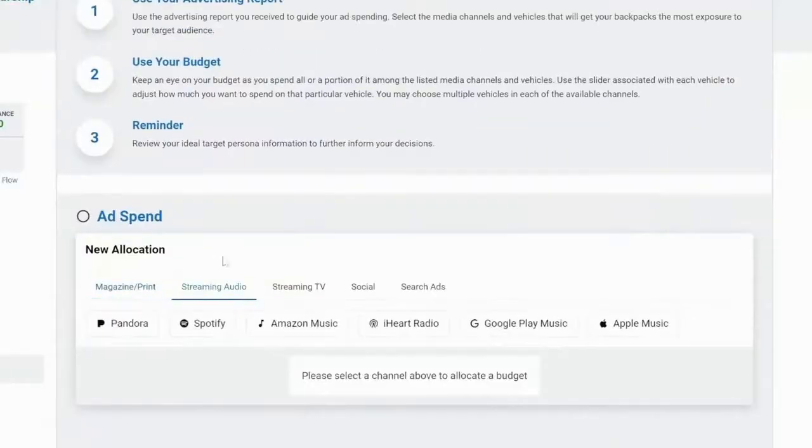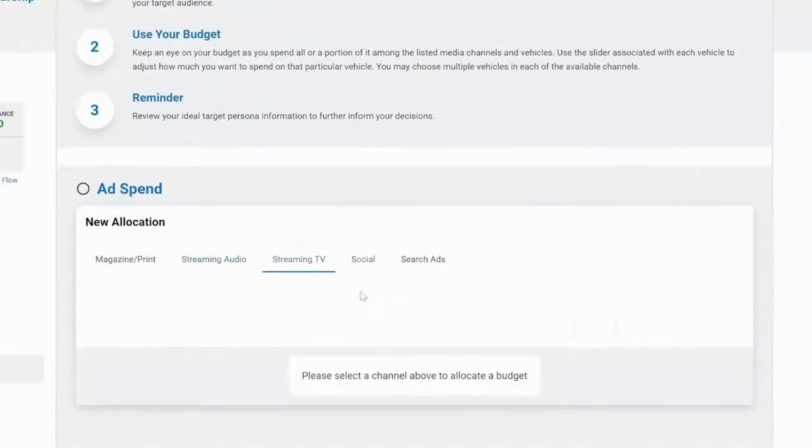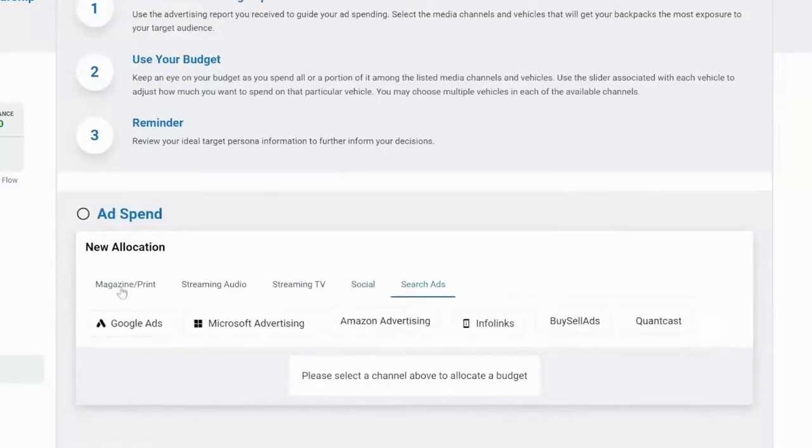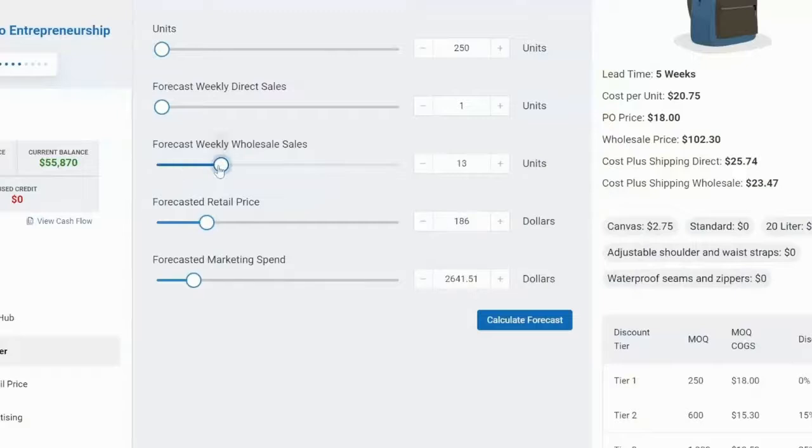We ask students to not only manage the operational and financial aspects of their startup, but to think like marketers as well. To succeed, students must manage all three facets of their business, helping them to hone their skills and develop their entrepreneurial mindset. In each subsequent round, students should assess their cash flow. Are their advertising choices converting customers to their brand? How are their sales? Do they have the funds they need to place another purchase order?